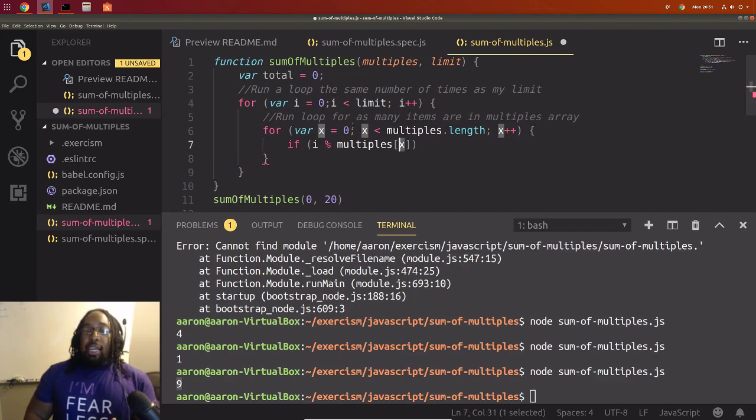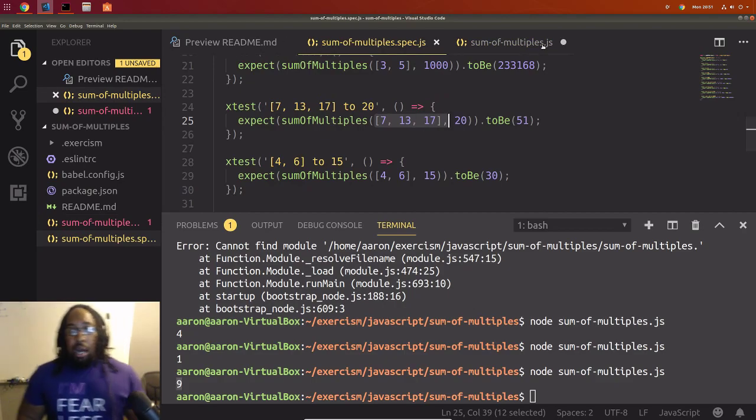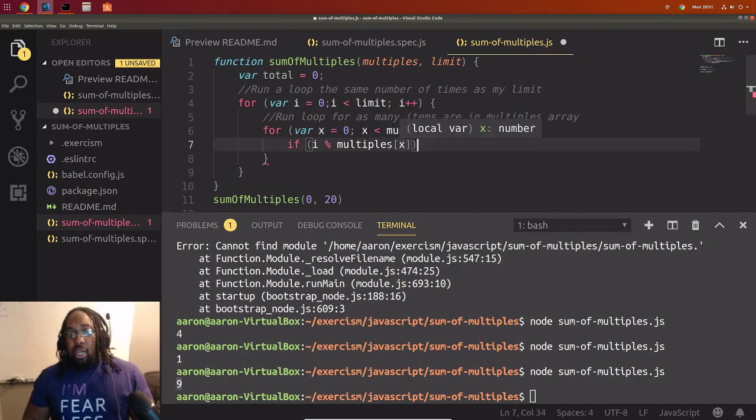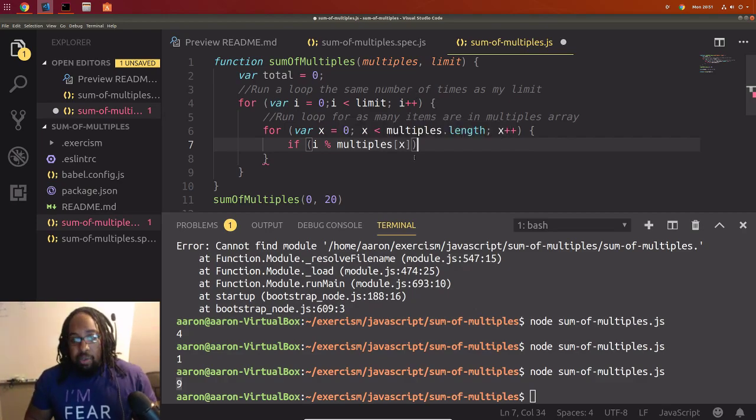And so it'll be checking through all the numbers for that number 7. And then once that's done, it'll go through number 13 and then the number 17. And you can see how the first time it'll be 0, next time it'll be 1, which will move it 1 over in the array. And then the next time it'll be 2, which will move it over to the 3rd spot in the array.